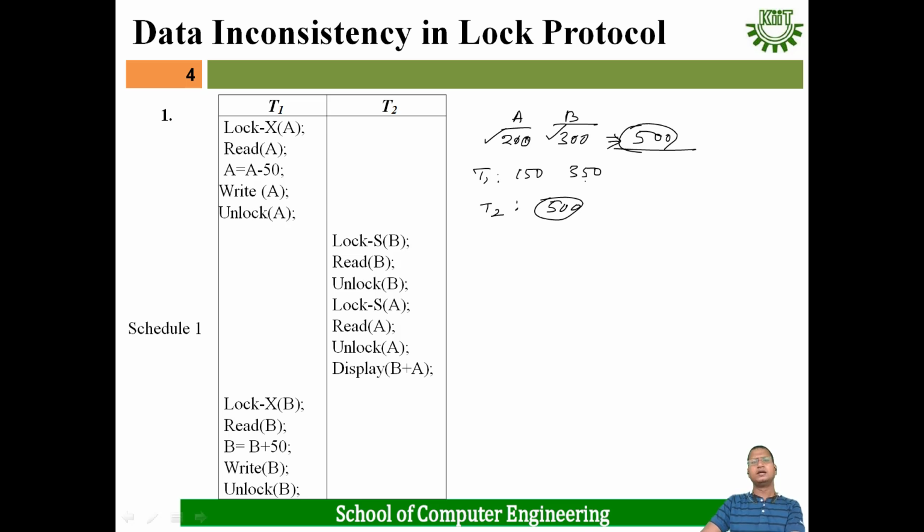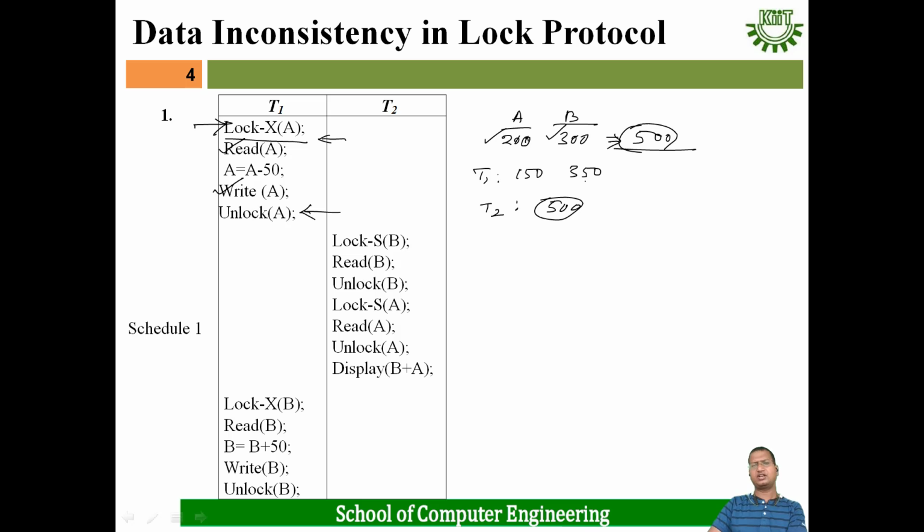But in this case, if we apply the locking protocol, we are reading and writing the value of A. That's why the first transaction T1 will request an exclusive lock or write lock. As no lock is applied on A initially, the lock will be granted by the concurrency control manager. Then it will read A, update A, write it, and then unlock it. That means the lock has been applied correctly.